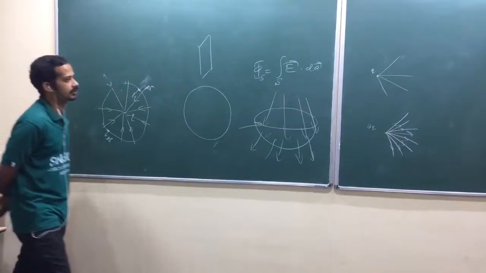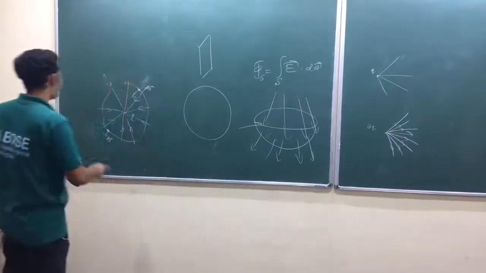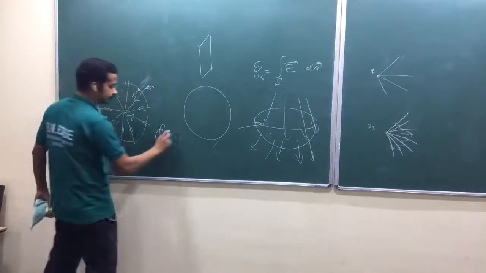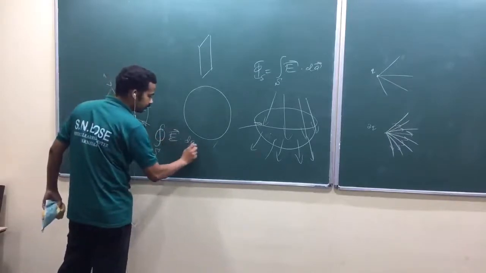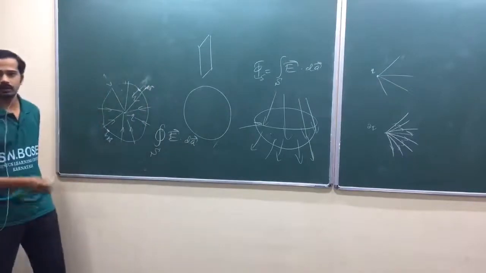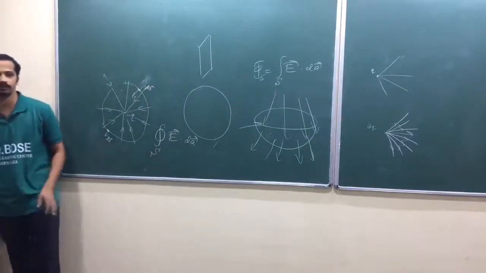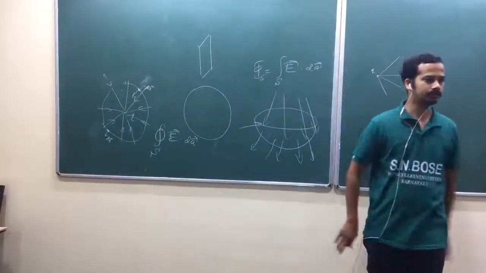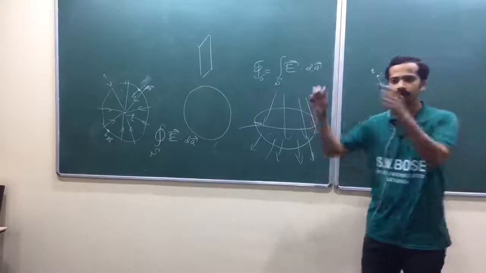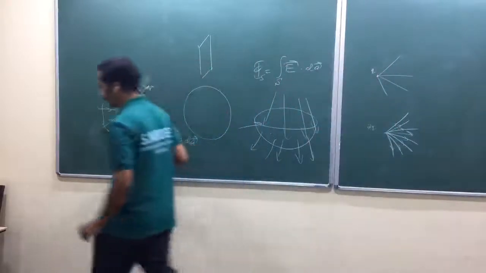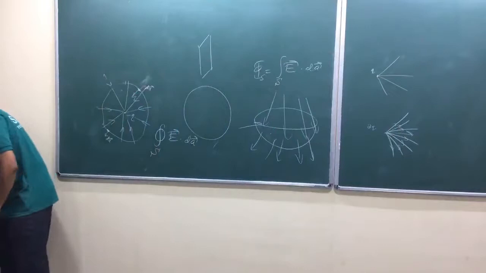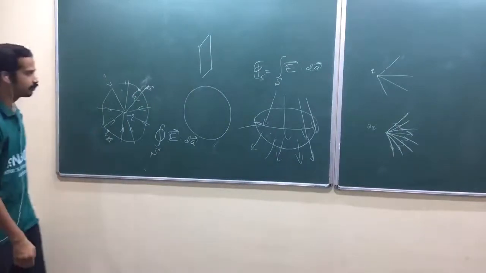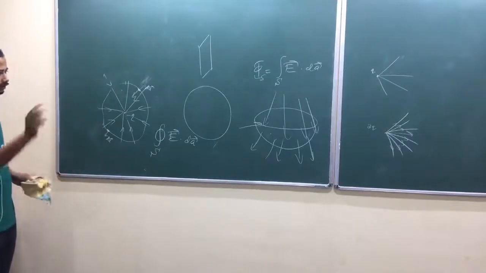After understanding this, whenever you talk about a closed surface, you have to write the closed surface integral of E bar dot dA bar. You can call it the net flux. If that net flux is positive, that is outward. If that net flux is negative, then that is inward, according to our dA vector convention. Now look here. Let me first prove Gauss law in integral form, then we shall come again.